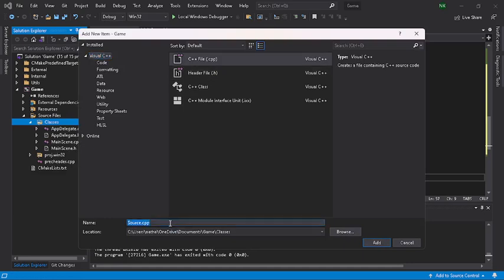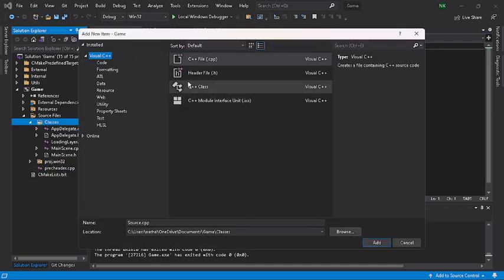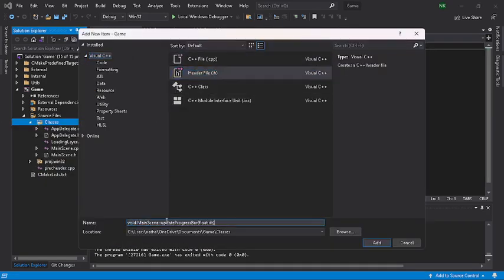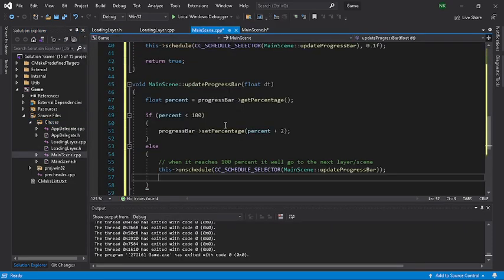It's called layer loading layer. And then we can do loading layer. Go back. And this would be auto loading scene